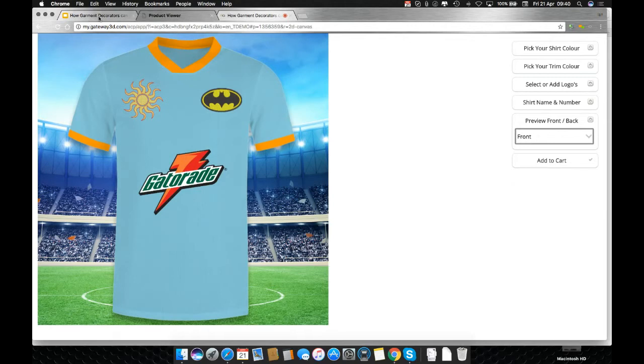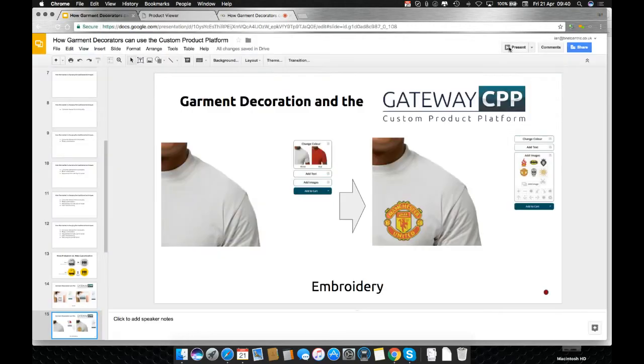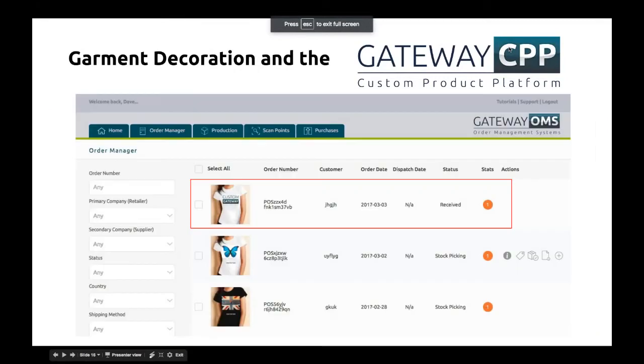So if I just click back to the presentation, so once the add to cart button has been hit, it takes the order and all of the order details and the artwork into Gateway's order management system. So this is the order manager interface. So this was the T-shirt that I did earlier with just the custom Gateway logo on, which is dropped in. So it just tells you some basic stats about it, just to say that there's one item with one piece of artwork, but it will allow you from here to, in this instance, this has been set up so you